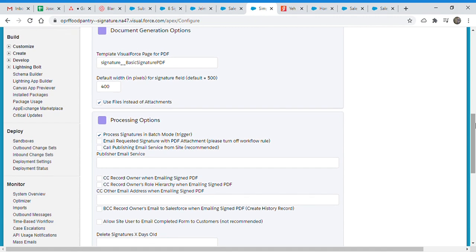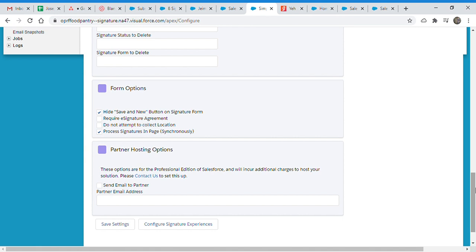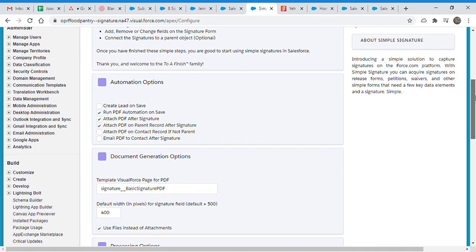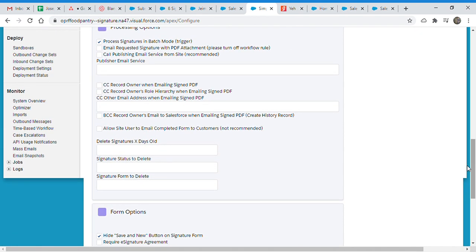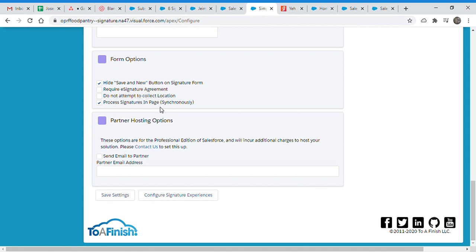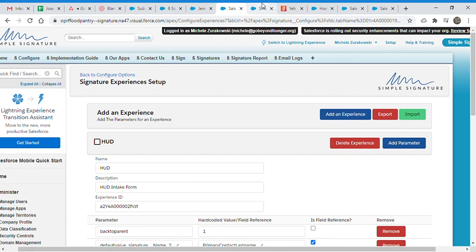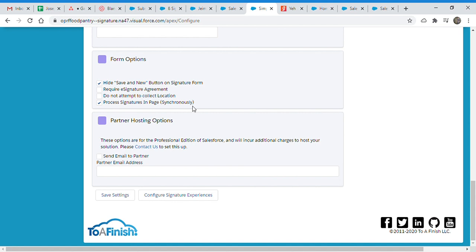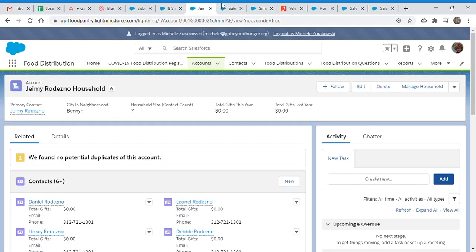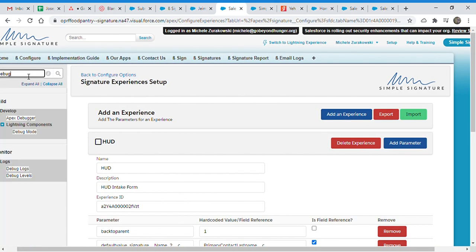We call the batch from the trigger because getContentAsPDF cannot be used in a trigger. That means we cannot get the PDF from the Visualforce page in a trigger, so we actually use batch. And the same way we use it on the page. So now I tested the on-the-page setting like this one. In this case, it will try to generate the PDF right away, on the page. So let me open the debug and check.